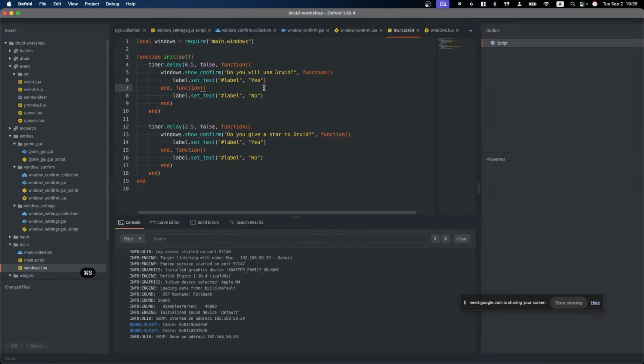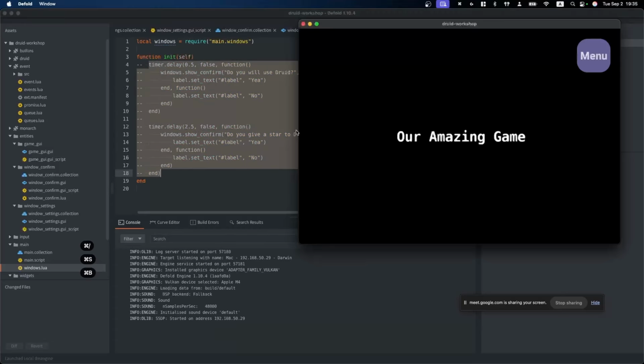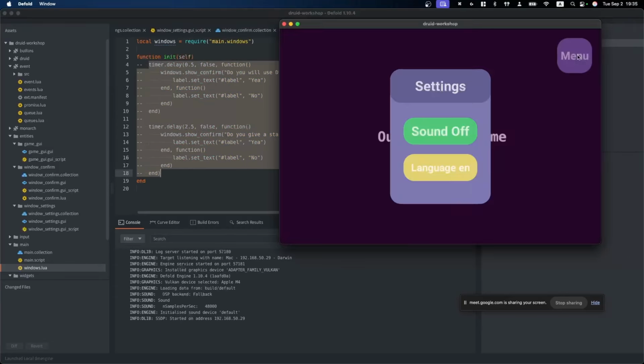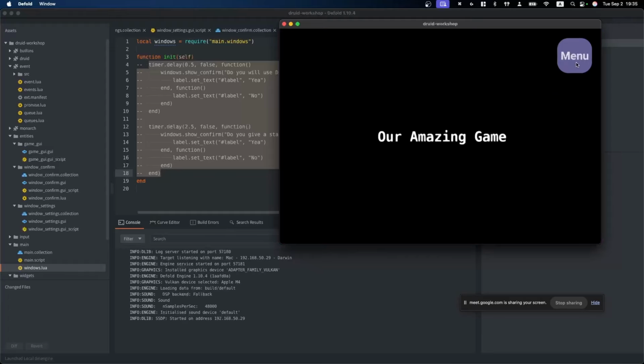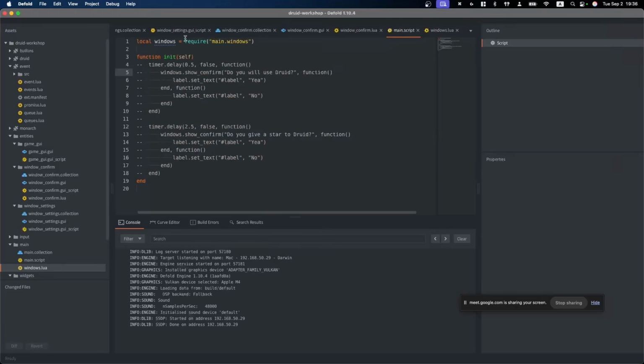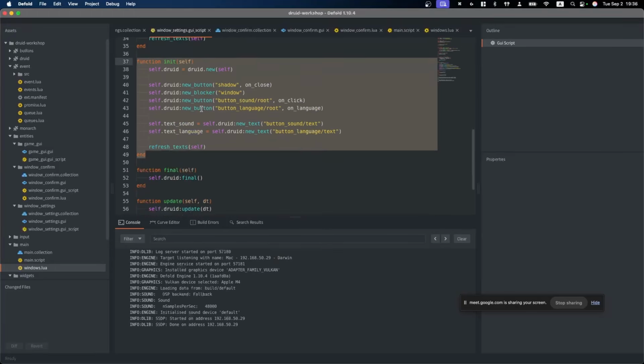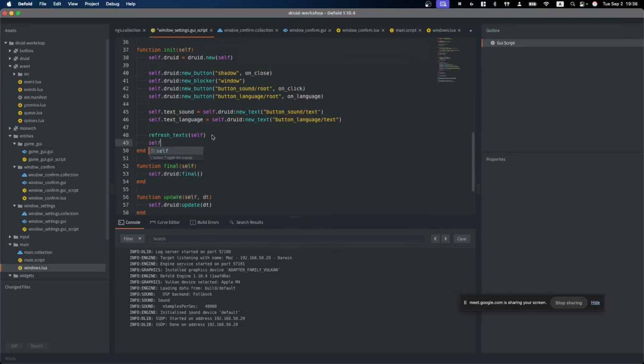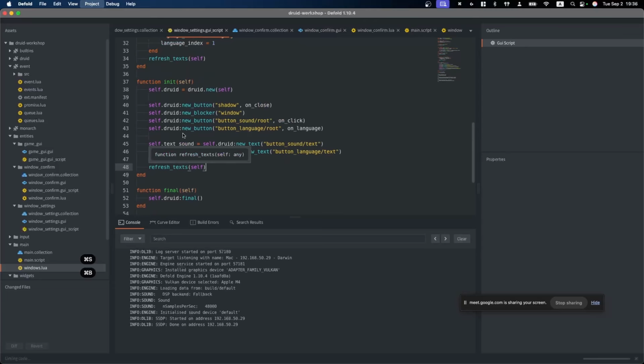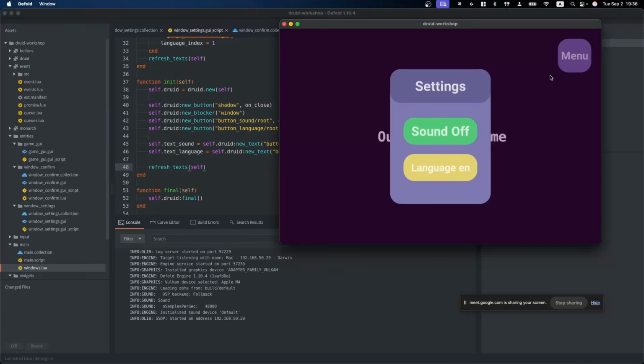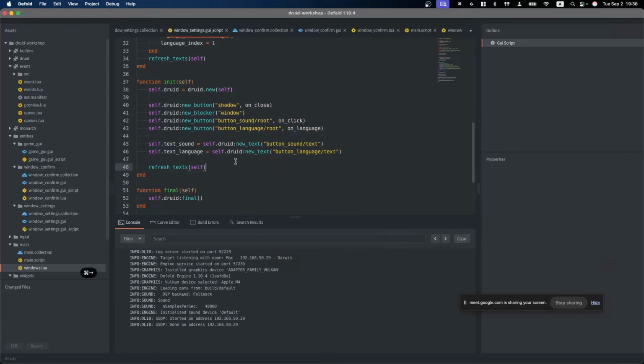What we want to do is make these windows look a little bit better. You see, it just disappears instantly. To fix it, we can use just 2 lines of code, which is not so hard to write, but makes so many good feelings here. So we will return to Windows settings, which is what's presented right now, and we want to add some animations to make it look good.